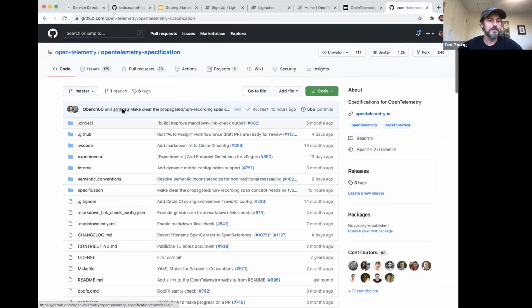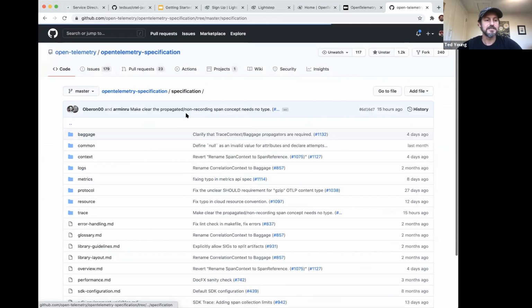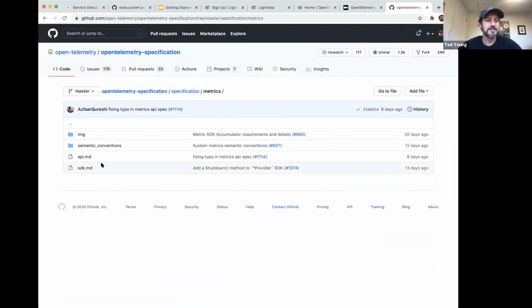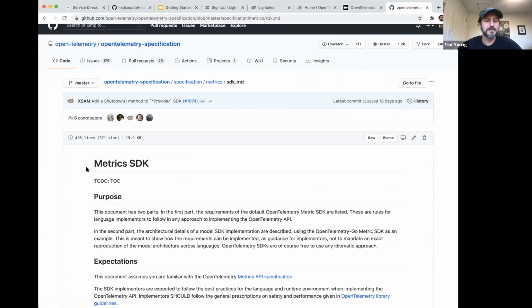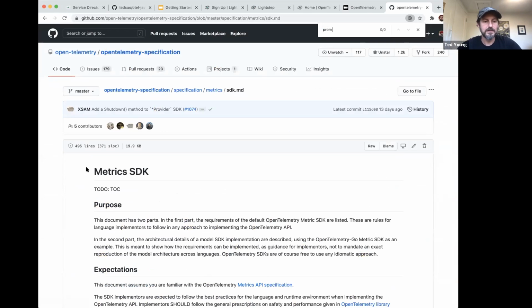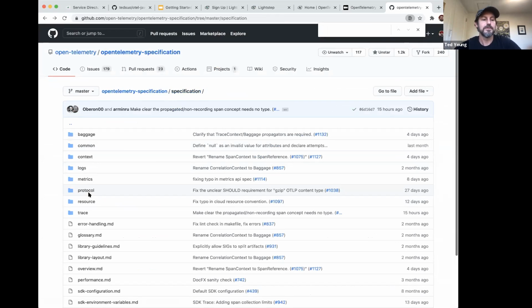But you can come in here and look at the metrics specification. If you go to metrics and look at the specification here, you can learn a lot about how this should work. And there may be a Prometheus specification in here somewhere, but it might not be there yet. So I would recommend popping into either the Java Gitter room or posting an issue saying you're having trouble getting this configured, and they should be able to help you out.